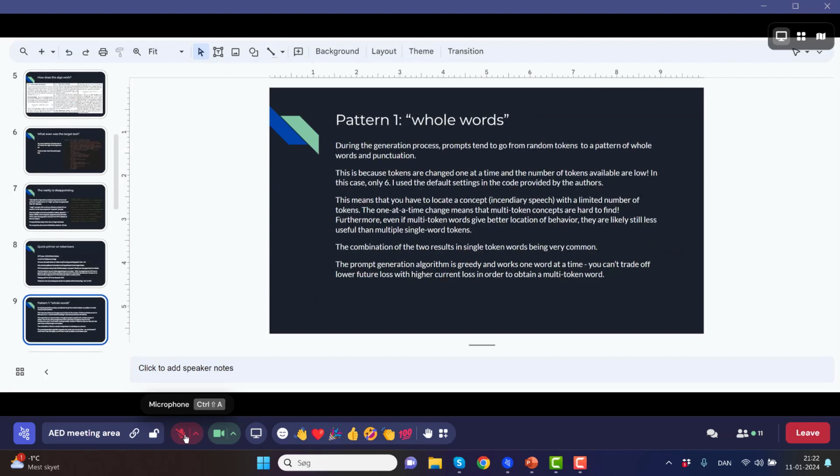One pattern I saw pretty often was that basically every token that we see is a complete word. My suspicion for why this happens is that you're optimizing one token at a time, and it's a greedy gradient descent algorithm. In order to get a multi-token word, and this does happen very, very rarely, the first half of a word has to communicate a very large amount of meaning, and then the second part of the word also has to communicate a large amount of meaning, even with the first part of the token present. And that's just very, very rare to see